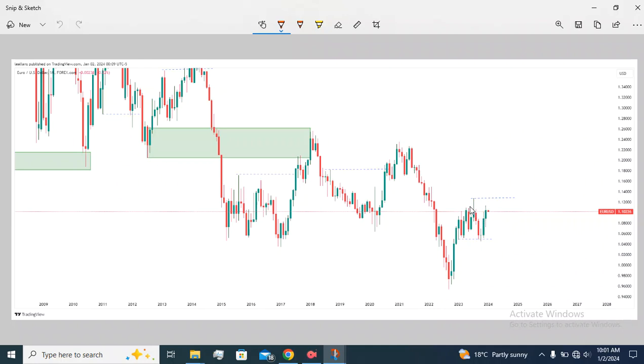Of course, this leg here, after we took this internal liquidity here, so we'll expect to go for this external liquidity here. But before we reach this external liquidity, we should react off of this premium zone. There should be a fast break of structure around here where we react off of that place before maybe we can smash these high highs,